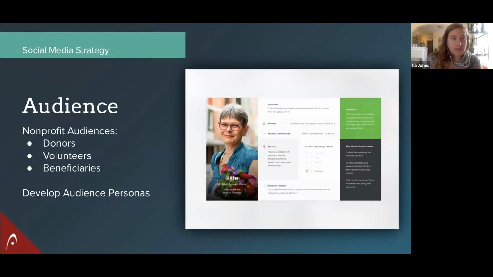So one for volunteers, one for beneficiaries, and then one for donors. And to learn the demographics of your current social media following, you can use those native analytics tools that you were using during the social audit. So you'll glean a lot of information during that step. And I would be thinking about your personas and your target audience while you're collecting that information